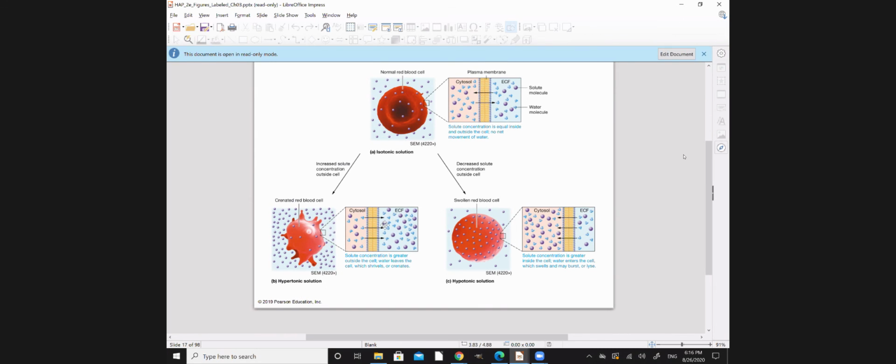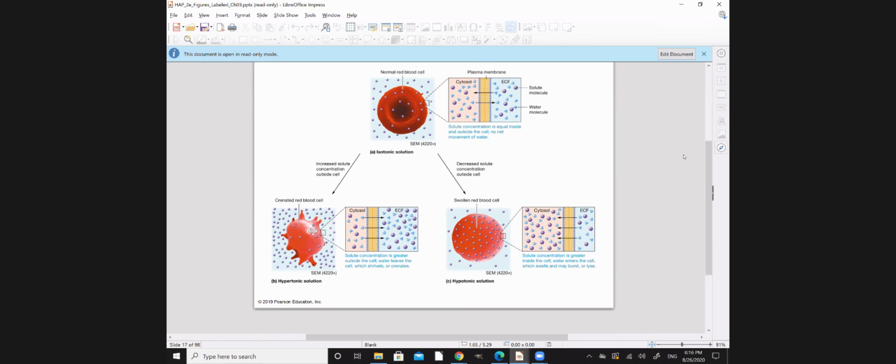We will have a lot of molecules outside, and the solvent, or plasma or intracellular fluid, will flow through the membrane into the extracellular fluid. Since the shape and volume of the cell is predetermined, what will happen? The cell will basically shrivel, and of course it will lose its function. It will be crenated. The crenation